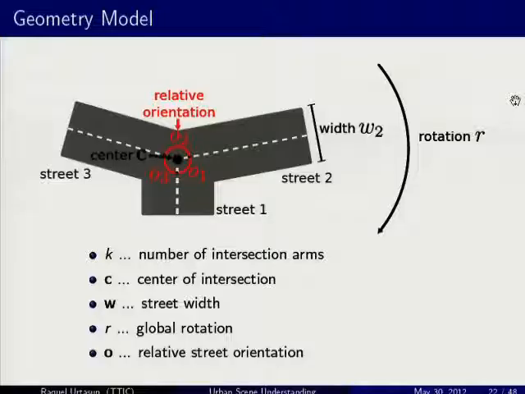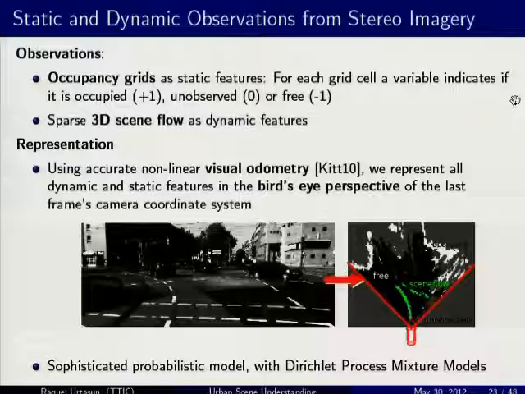Okay, and then since we have a probabilistic generative model, what we need to do is define good priors and define a good likelihood function, right? So for the priors, we use sophisticated priors for these relative orientations. We build non-parametric Bayesian statistics, basically Dirichlet process mixture models for this. And we build likelihood functions using very simple image information. So in this case, what we used was occupancy grids, which is something that people use in robotics very often.